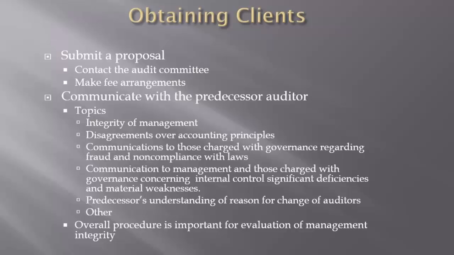So what we're talking about here is that if a potential client calls us up and says, we would like you to possibly do our audit, before we accept the audit, we would request to talk to the predecessor auditor. Now, we can't call the predecessor auditor without permission, but assuming we get that permission,